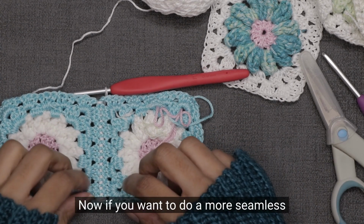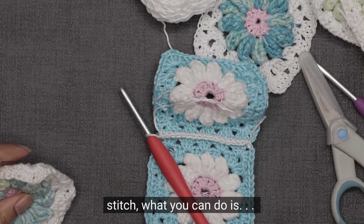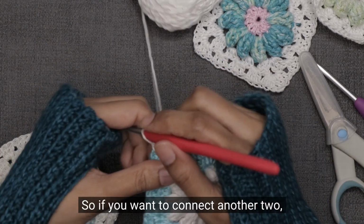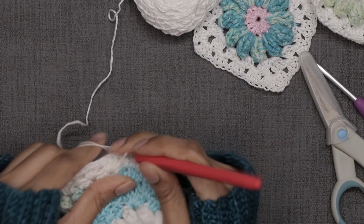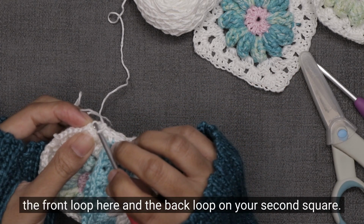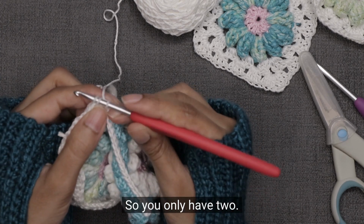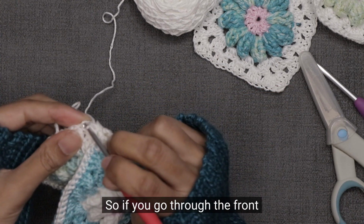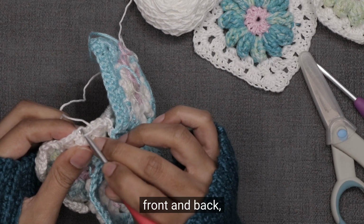Now, if you want to do a more seamless stitch, what you can do is go through, so if you want to connect another 2, you just stick them through each corner like that. So if you want as well, you can go through the front loop here and the back loop on your second square. So you have 3 loops on there, then yarn over and pull through. So if you go through the front of this one and then the back of that one, front and back,